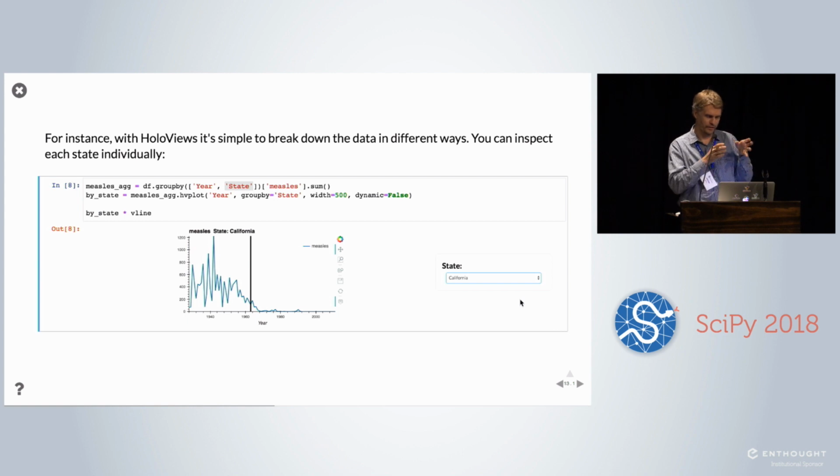HoloViews has the notion that there are indexing dimensions, called key dimensions, and then there are value dimensions. You need to know the entire set of indexing dimensions to know what your data is: what year, what month, what state. In this case, we did a group by to get rid of the month, and we kept the year, but we still kept state. If you do that and you don't tell it what to do at that point, you'll get state as a widget, which lets you explore that